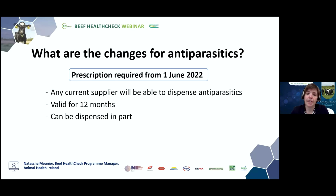And you can buy the product in parts. So you don't have to buy everything that's been prescribed for you. You don't have to buy it all in one go. You can actually buy just one or two things and then go back later and get more. The product itself, the vet, you'll be able to swap a specific product for another one that is similar. So you don't have to necessarily buy the one that the vet is prescribing as well, but you'll be able